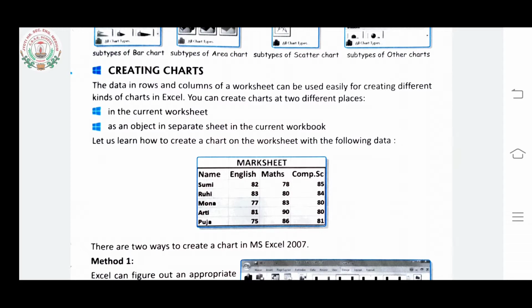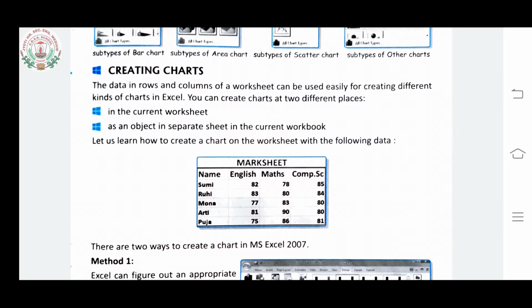So these charts can be created either in the same sheet, where the table is made, or, if you want, on a different sheet in the same workbook, according to the table already drawn in that worksheet.